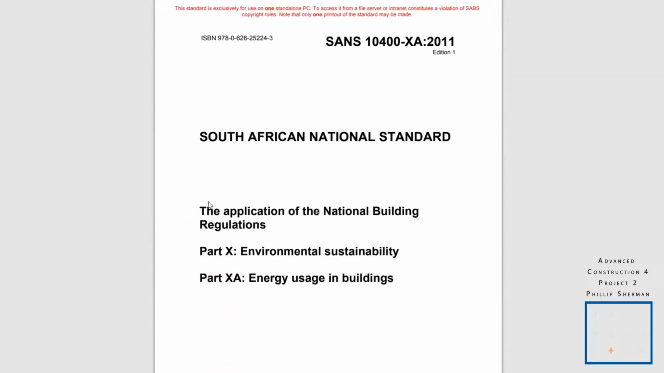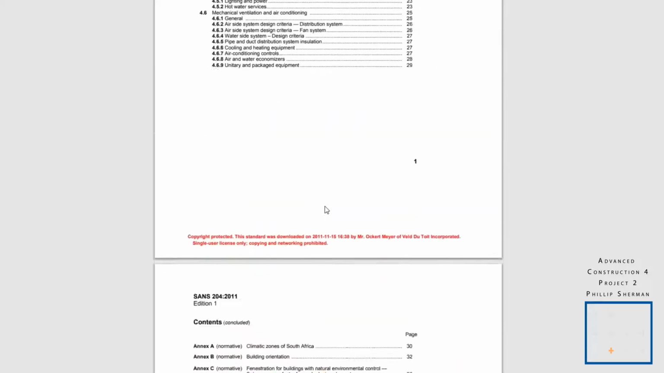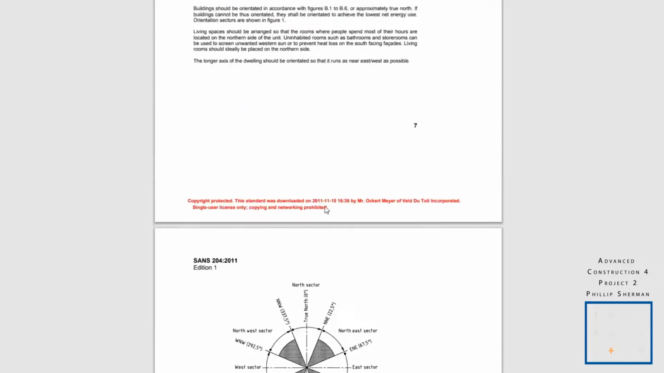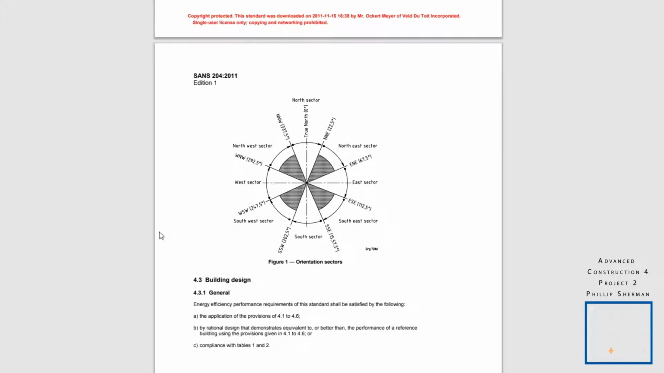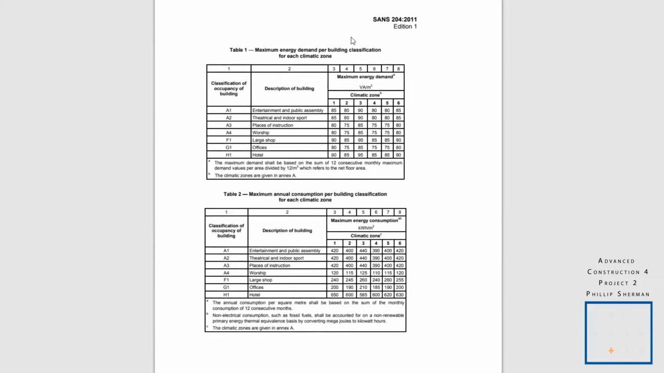However, 10400 XA refers to SANS 204, which is a complete document overlooking energy efficiency in buildings. Okay, so just quickly go through the document. We'll be looking at the requirements of site orientation and building orientation, the importance of the north arrow graph that is indicated here in this figure, the building design, the energy demand within a building, and the annual consumption per building,